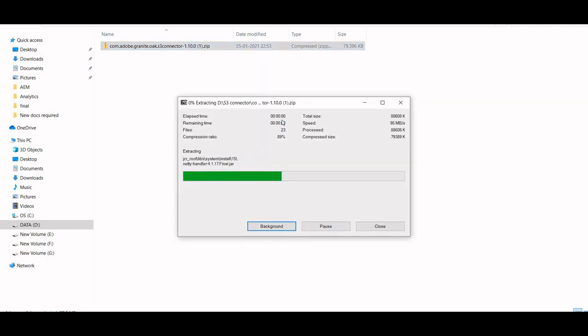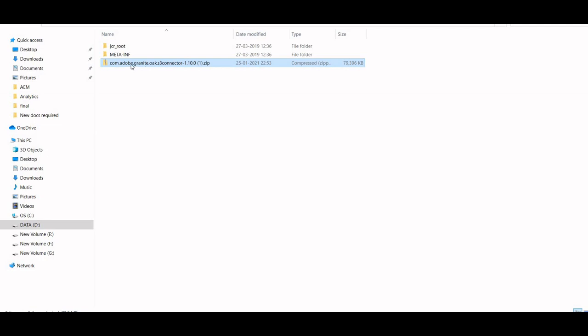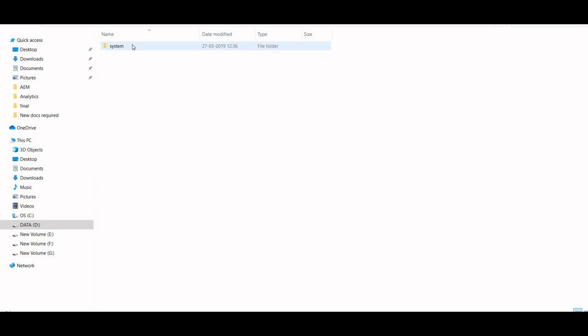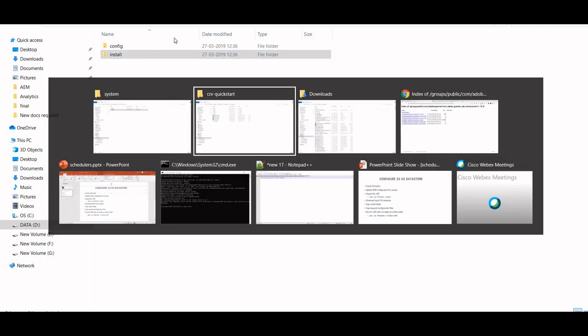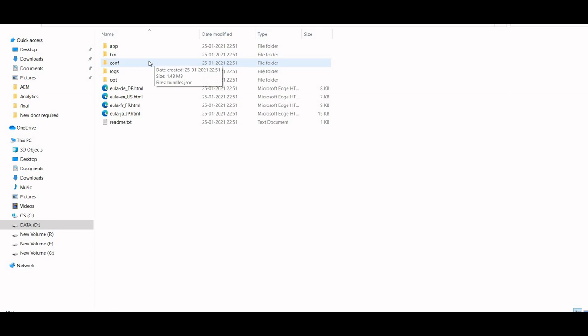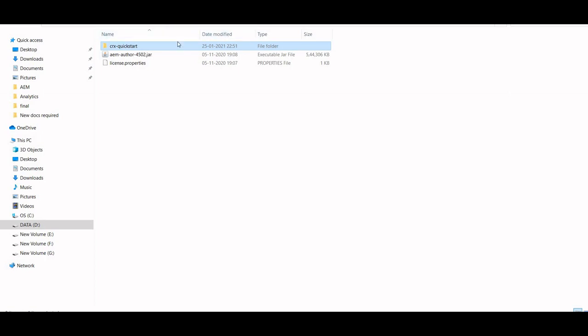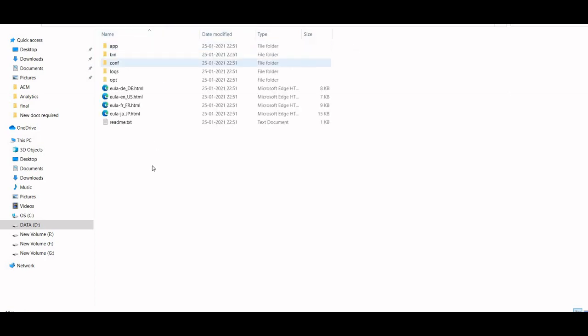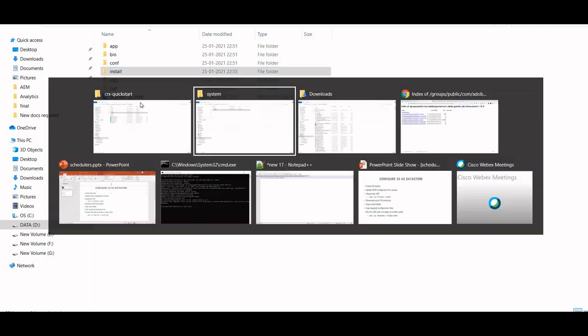Okay, now what we have to do, you just have to go inside jcr_root, libs, system, and there we will see this install folder. Just copy it and then go to the CRX quickstart we have just unpacked, and inside CRX quickstart, just paste it.